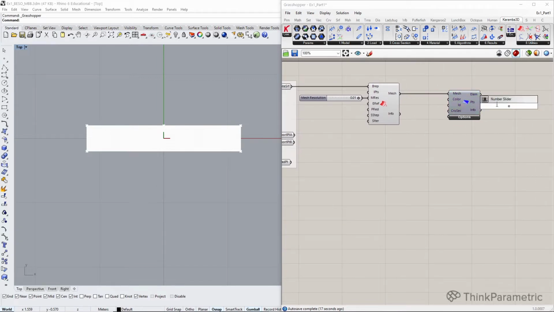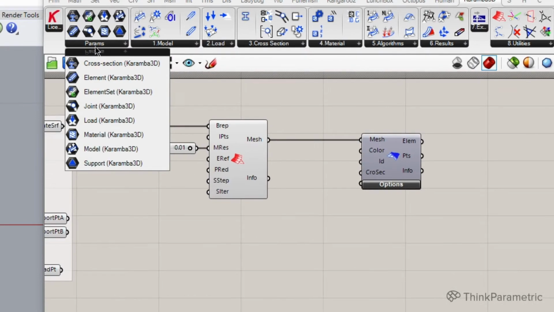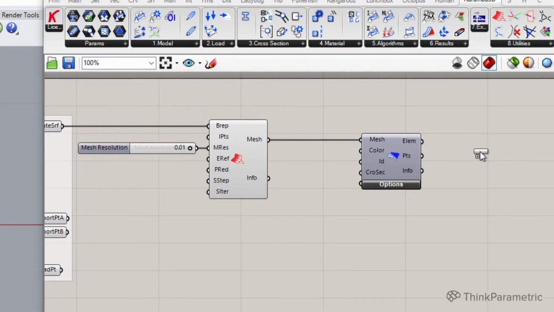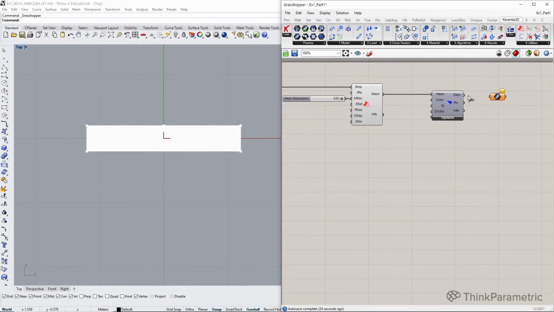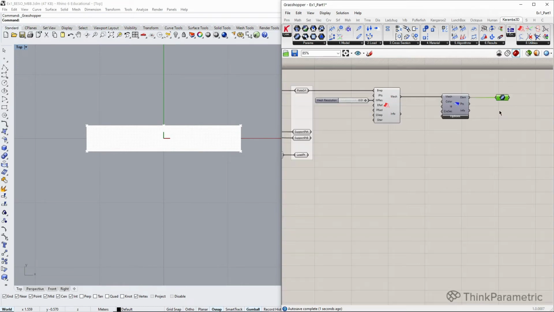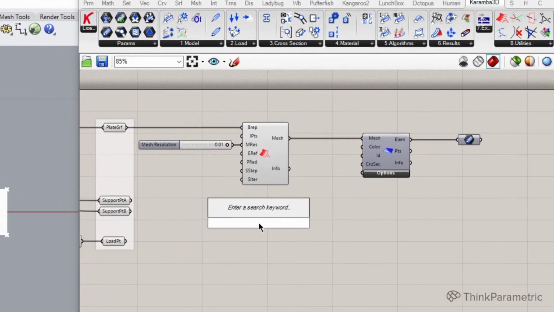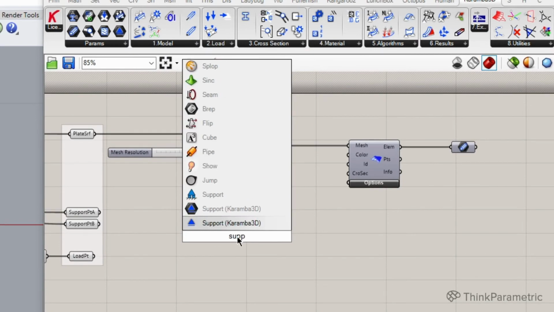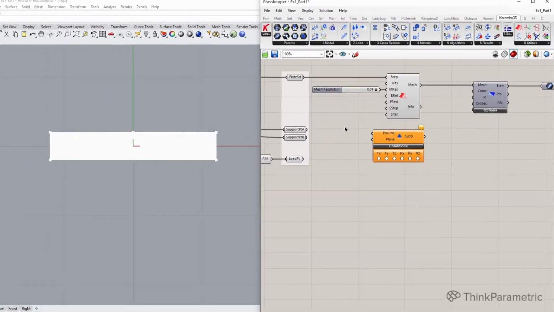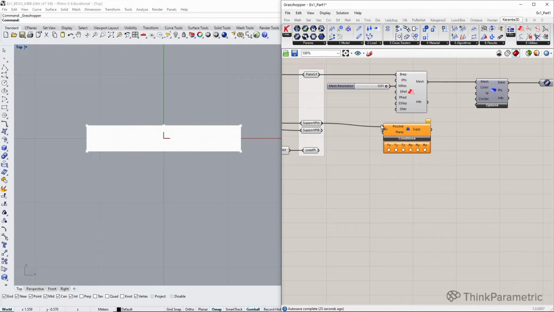I always create connectors at the end, so when we finish one stage of our design. So let's put this in our connector element. So at the end we have also a list of different elements that are ready to go to assembly. So let's start with creating supports. For that we need the support Karamba component. And the first point is our A.